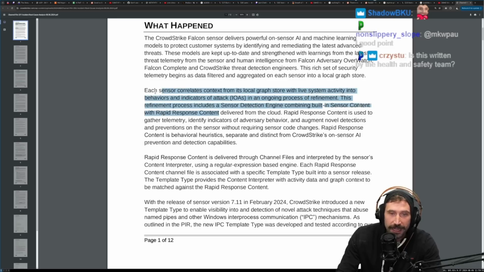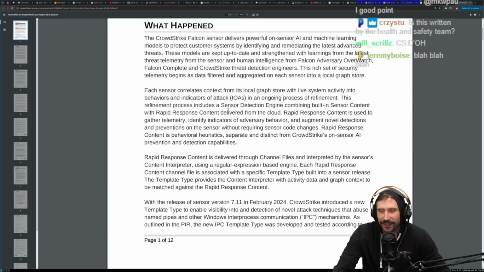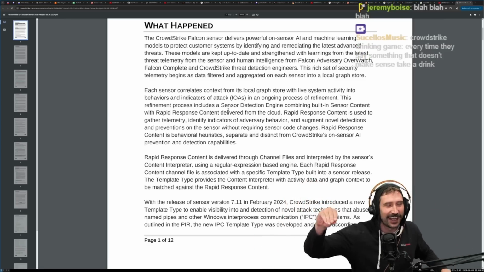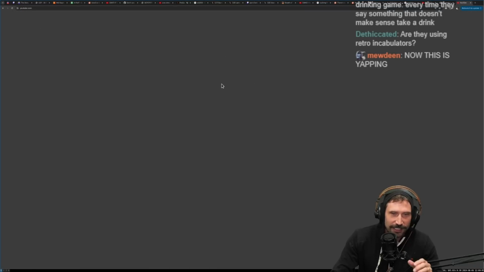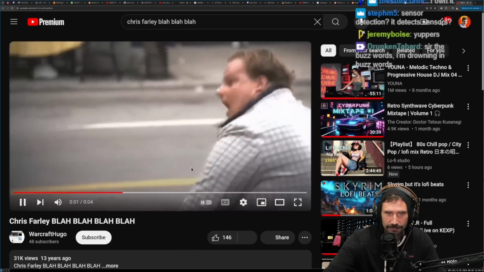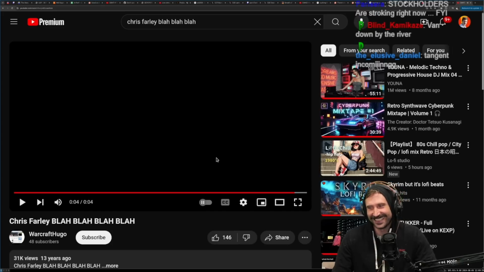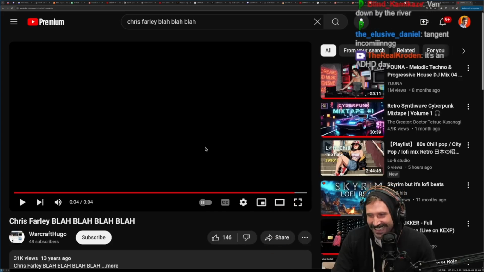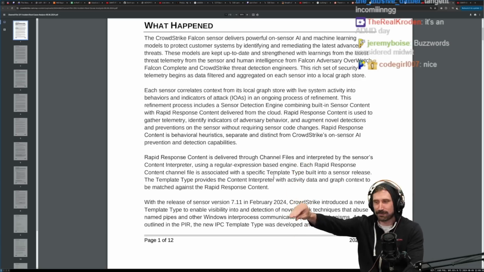Man, there are so many capital letters in here. Dude, Bob, do you know Chris Farley? Have you ever watched Dirty Work with Chris Farley? Okay, we're doing it. Where's Chris Farley? Blah, blah, blah. That's all I'm hearing as I'm seeing this amount of capital letters. It's just blah, blah, blah, blah.